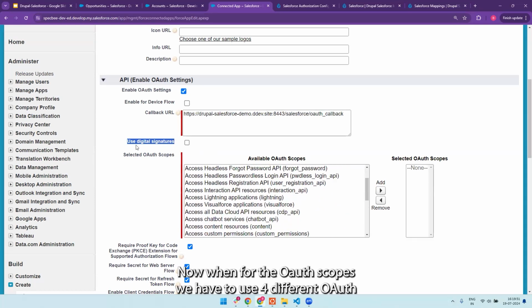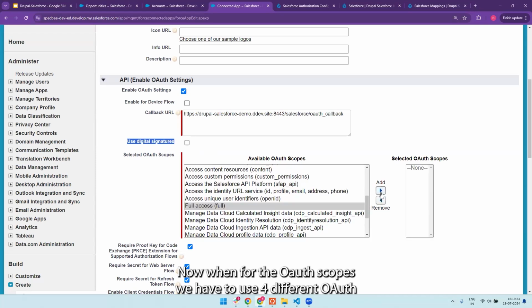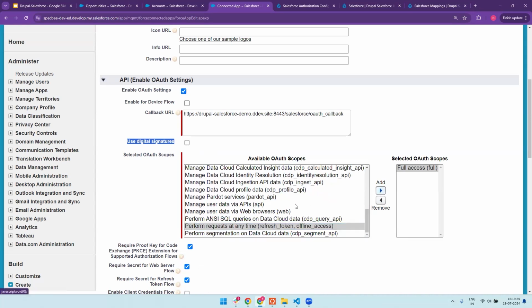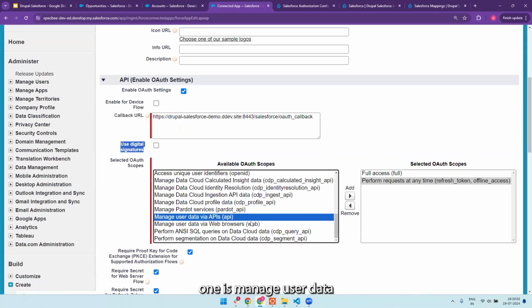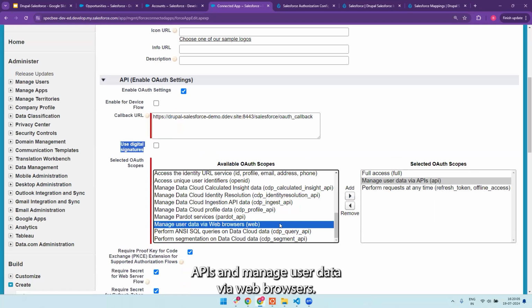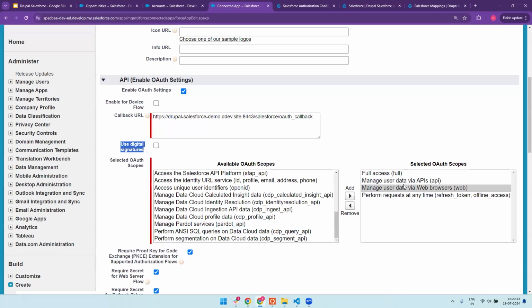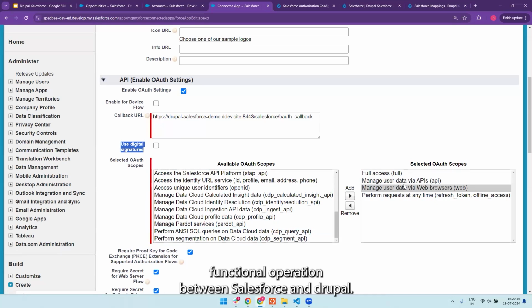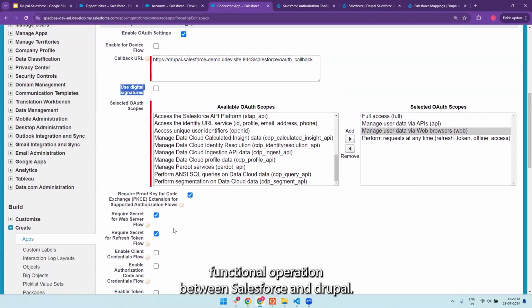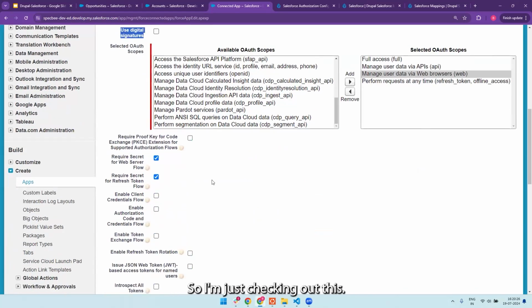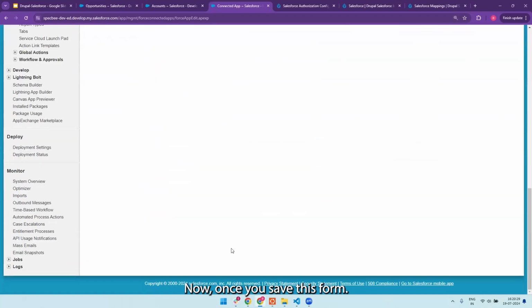Now, for the OAuth scopes, we have to use 4 different OAuth scopes. One is full access, one is refresh tokens, one is manage user data APIs, and manage user data via web browsers. These are the 4 OAuth scopes minimum to be selected for us to execute the full functional operation between Salesforce and Drupal. So now just remove this. It's kind of a 2-factor authentication thing. This is not set up on my Salesforce, so I'm just checking this out. Now, once you save this form,